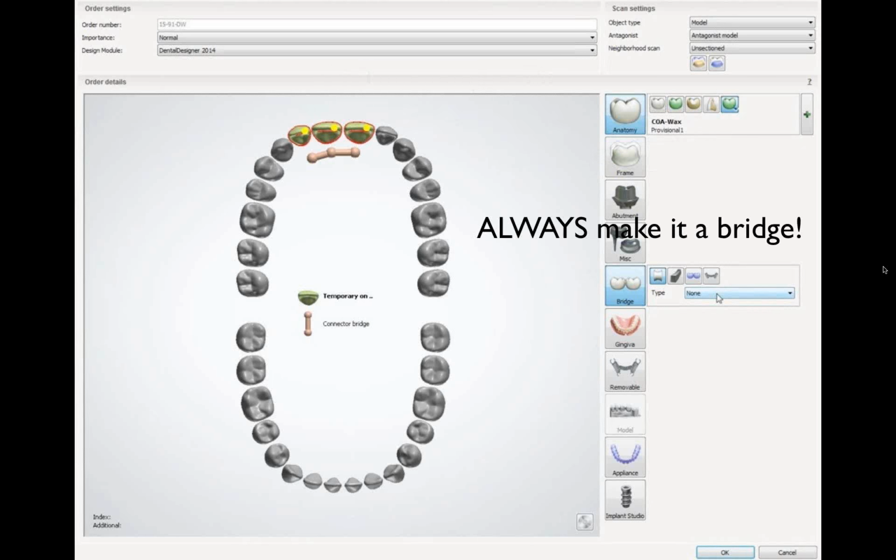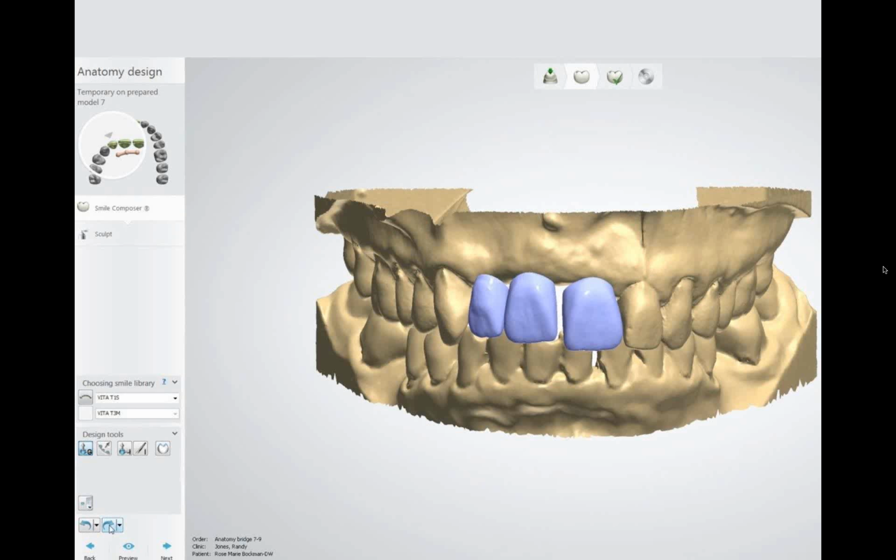And again, whenever you do it, you always want to make it a bridge. People forget this because if you don't, you'll have single units that just fall apart, especially if your diagnostics includes orthotics. So always make it a bridge with no connector, because you don't need connectors since these are all full contour, obviously. So anyway, the process is simply putting your library tooth in place,